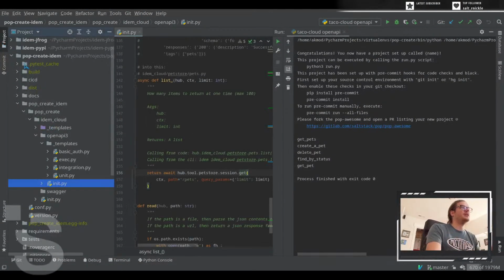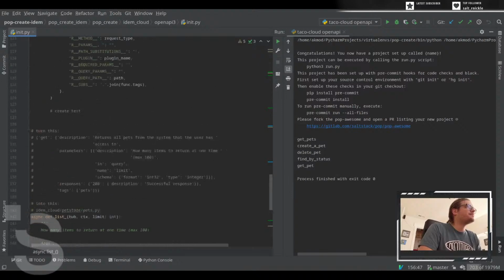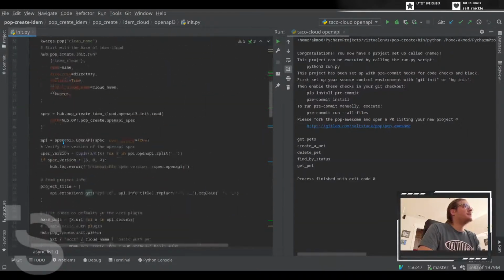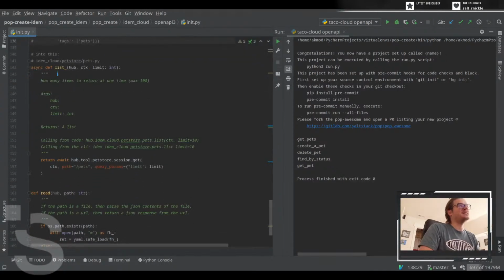Copy that in a sec. So what we have now is where we left off on Friday. We were looking at this. This is what I got from OpenAPI 3. I got a getter, I got a description, parameters, responses, tags, and this is what I wanted to turn